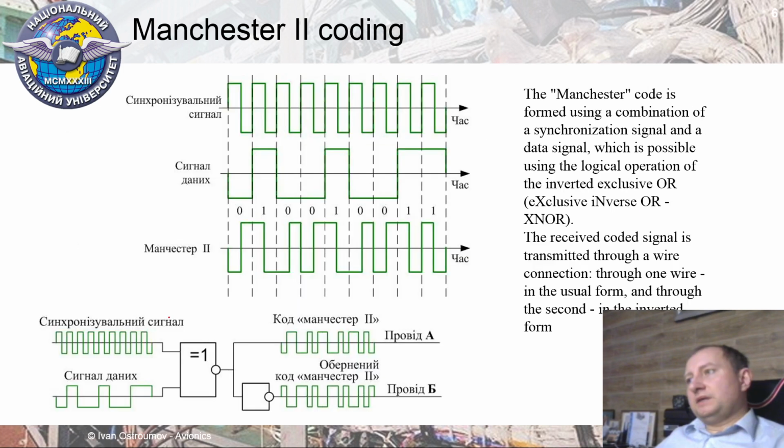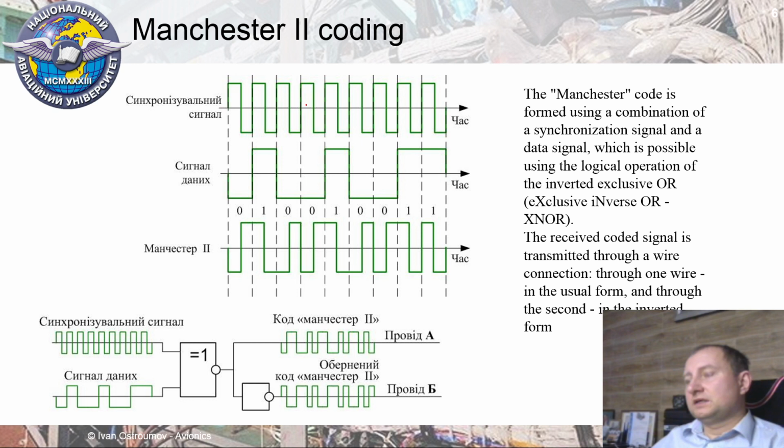What is the main advantage of Manchester 2 coding? It is reducing the influence of noise. And how can we create Manchester 2 coding? In the simple way, we can do it by adding two signals with different frequency. We need to use the signal of data at one time frame and another synchronized signal with reduced twice